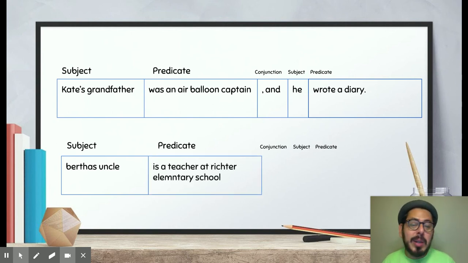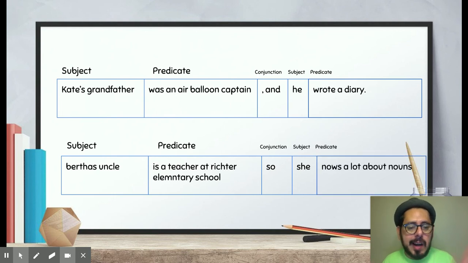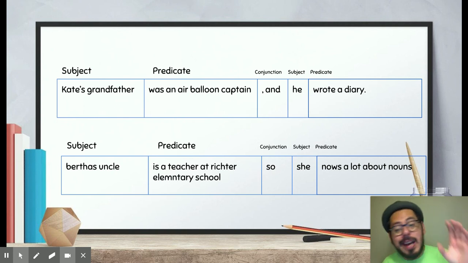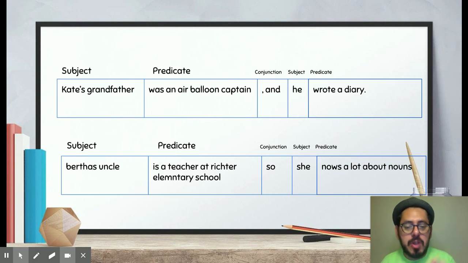Okay. And then we need to add a conjunction. We have and, so, or. I'm going to add so. And then the subject, he. And then a predicate. All right, knows a lot about nouns. We have nouns here all around. I know, guys, I didn't capitalize them correctly, but that's because we're going to do it tomorrow. So just for the sake of getting a new imitation of a sentence, I'm just going to write it like that. So there you go. We have subject, predicate, conjunction, subject, predicate, and we have nouns all around. Tomorrow I'm going to work on fixing them.